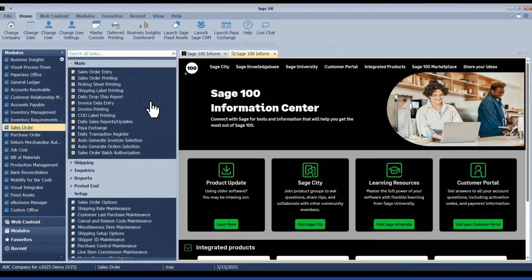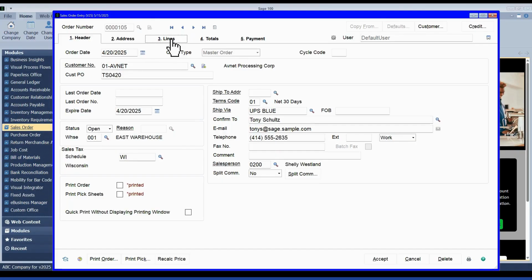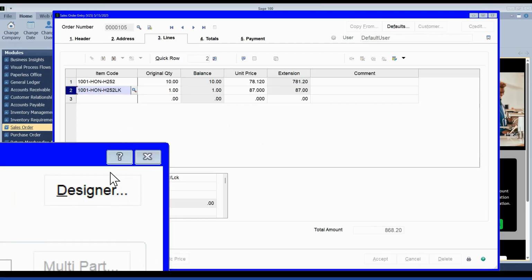and if you want to see what it might look like on a form, let me hop over here. I did a little order that I set up. Let me find my number. I did 105. And so I've got those 2 items that I added the information for. Oh, that's not what I want, actually.